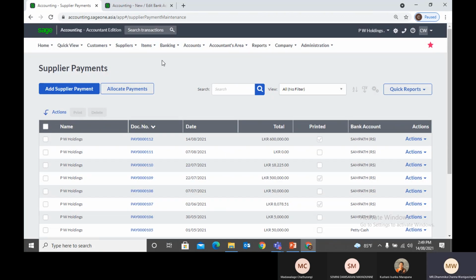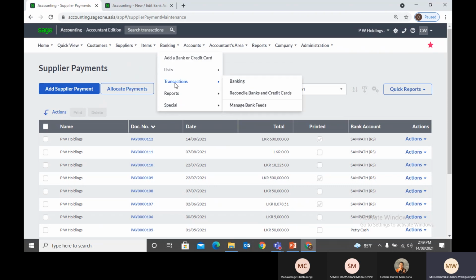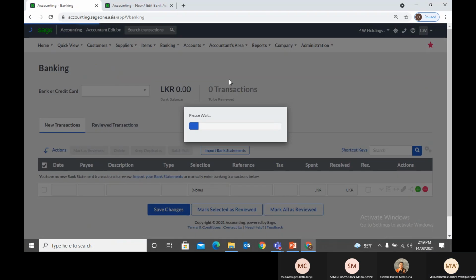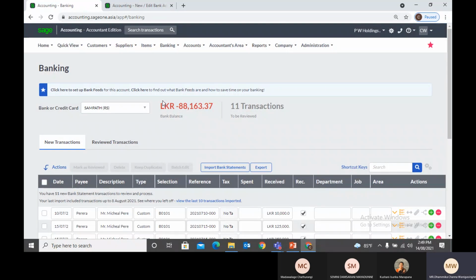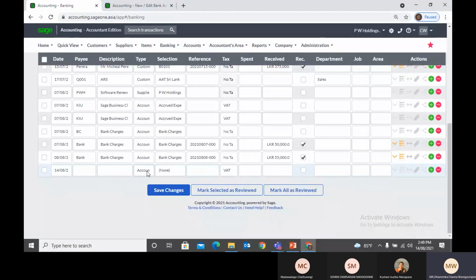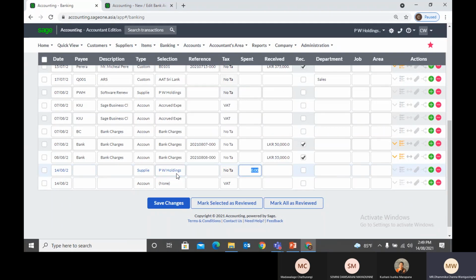Furthermore, you can enter supplier payments from banking transactions also. Go to banking, transactions, banking. You can select the bank account here, and from type you can select supplier and select the supplier, and you can enter the payment amount under spent. And if you are paying by check, you can select that. You can enter the check number, and